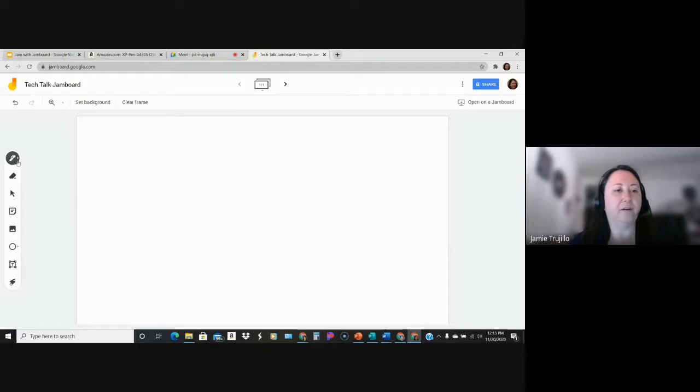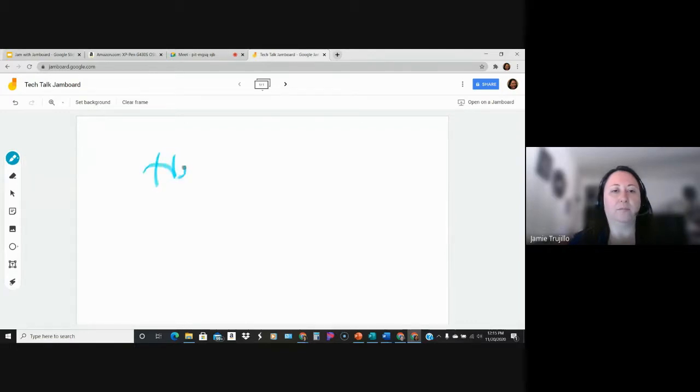So if you click there, it gives you the option to write with a normal looking pen, a marker, a highlighter, or a brush. So you can choose the thickness of your stroke as well as the color. So if I want blue and I want to use a highlighter, it's going to be thicker than if I have just a pen. So here,